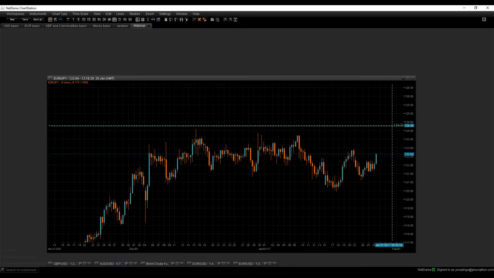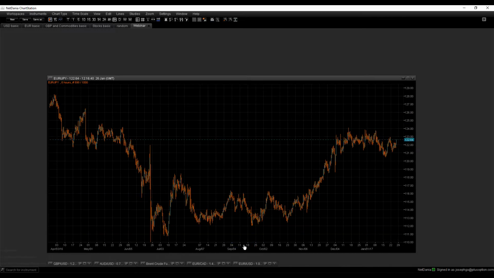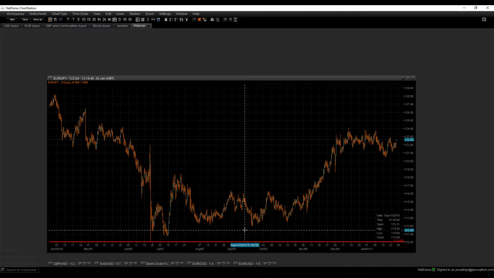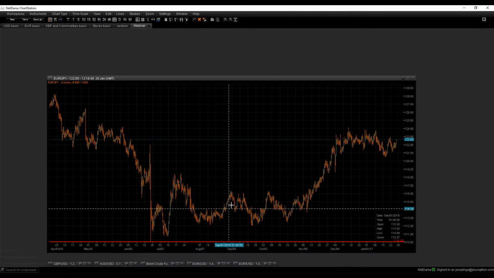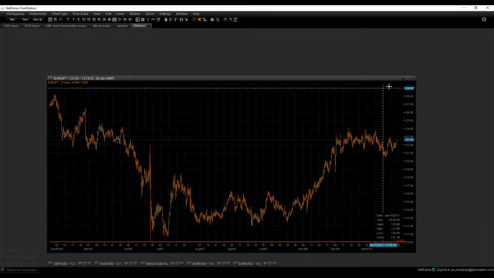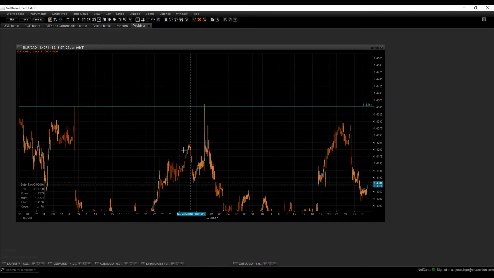Okay, so now let's talk about support instead of resistance. Support would now be a price floor. We're coming down to the bottom here, looking for a good bottom point to draw. So when a downtrend occurs, support levels are formed. Let's see if we can find an example in the EuroCAD